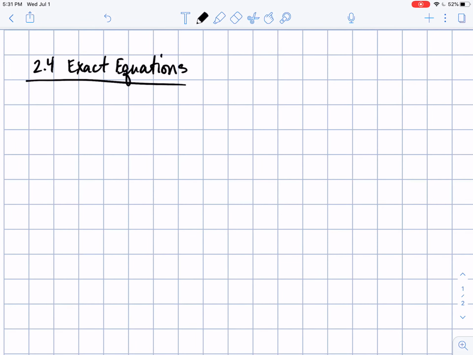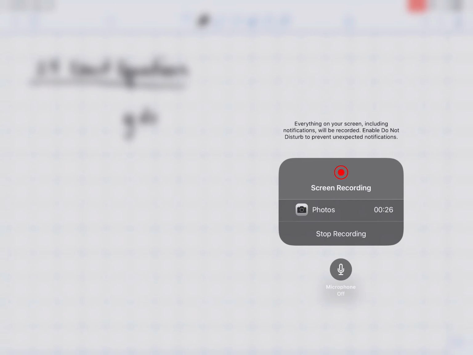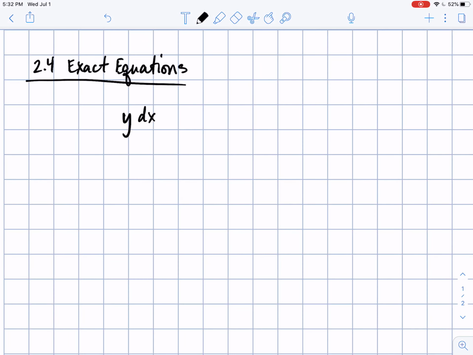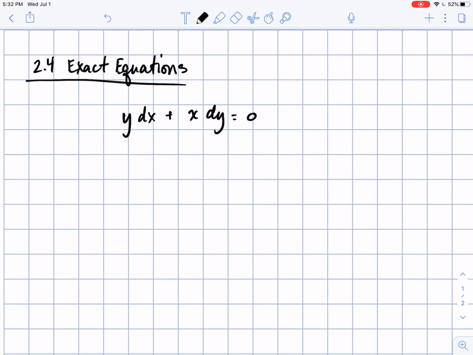The topic we have is called exact equations, and its next way of solving is if you have an exact equation. Okay, so notation wise, you're going to get something that looks like this. So say it's like y dx plus x dy equals 0. Okay, now this is really just, if we go back to what's the derivative of x